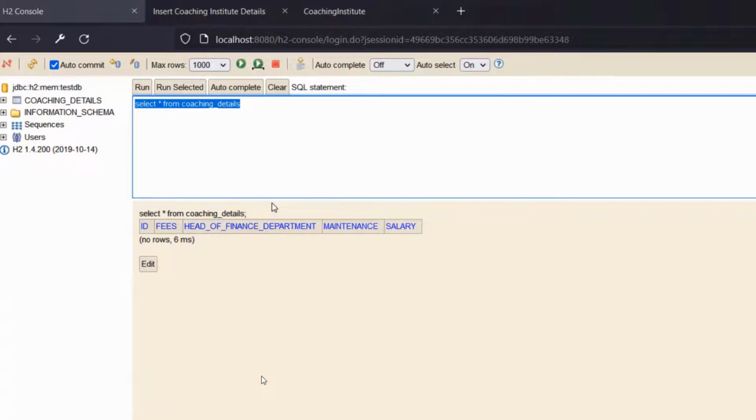Now in the beginning of the video I have explained it to you. That is the biggest drawback of an embedded application, that every time you restart the application, the old data is going to be wiped out. So what I am going to do, I am going to save 2 or 3 details again to display the data from save new details.